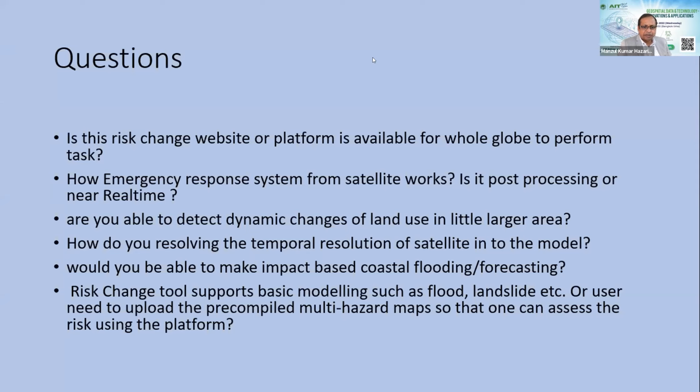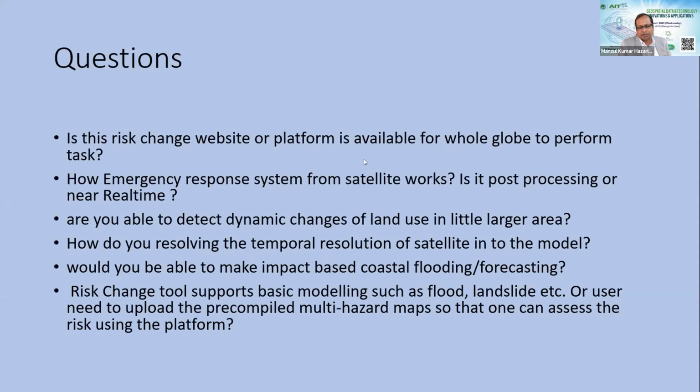How do you resolve the temporal resolution of the satellite to the model? I am not very sure what the question is, but I think what it is saying is, if the satellite has one resolution and the model has a different resolution, then how can you resolve this issue? I think this is an issue.